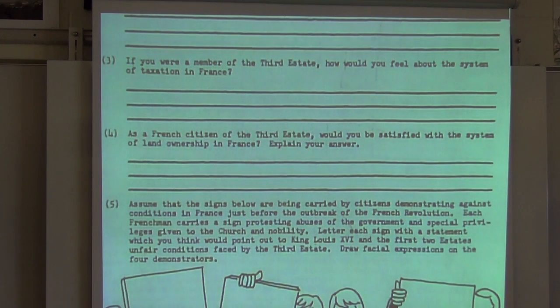Certainly there is a lot of land ownership, because 70% of the land is still left over for this 98% of the population. Yeah, I think some people probably benefited. There are some members of the third estate that were okay, that didn't necessarily have problems with it. But I think generally this was another thing that the people of France could go after, the whole system.